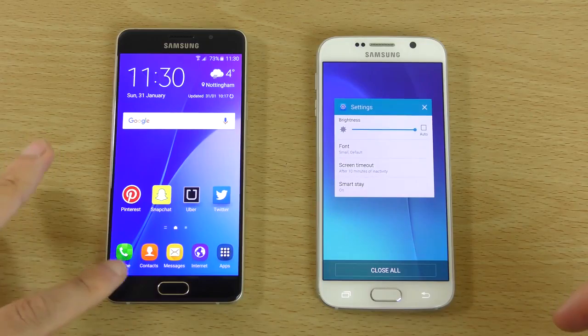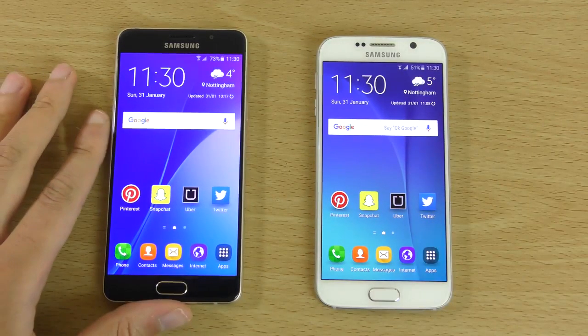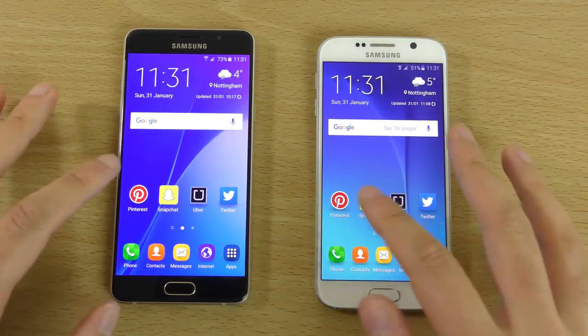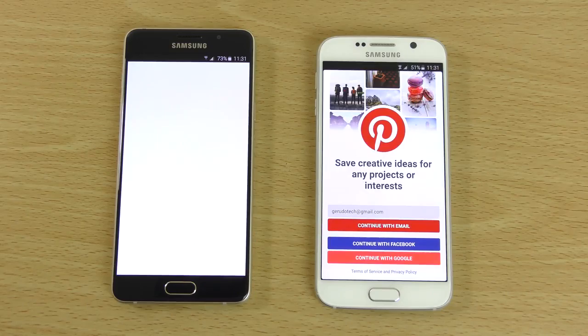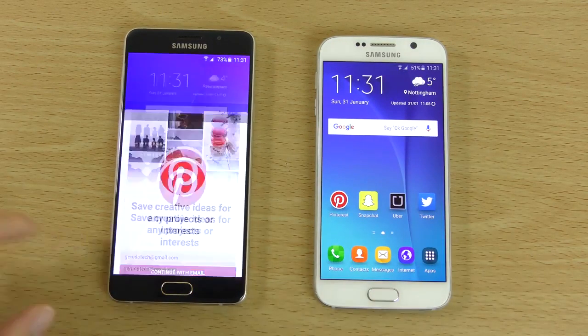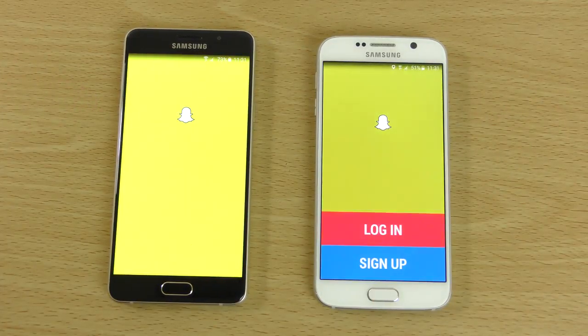I think we're all shut down here on both of them, both on Android 5.1.1, but Marshmallow should be coming very shortly for the Samsung handsets. So we will check that out. And first one I think goes to the S6,